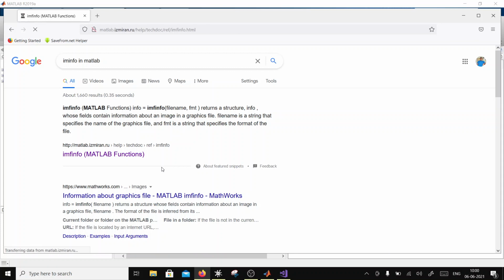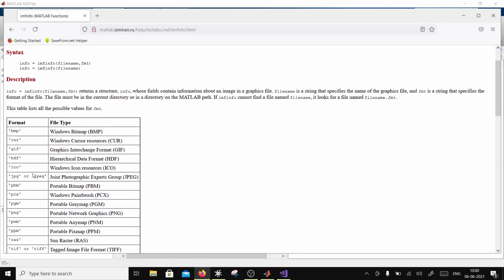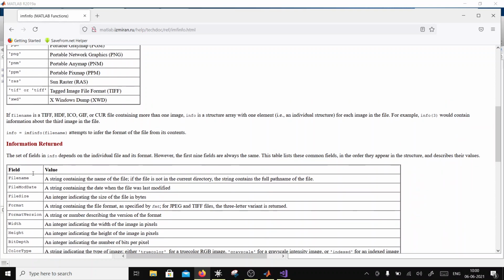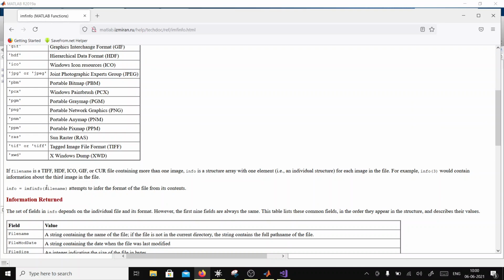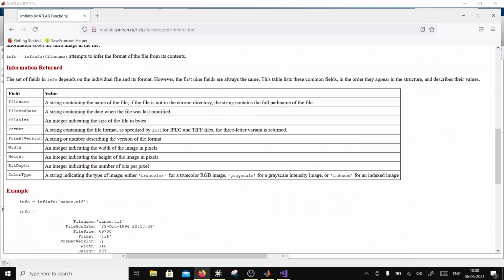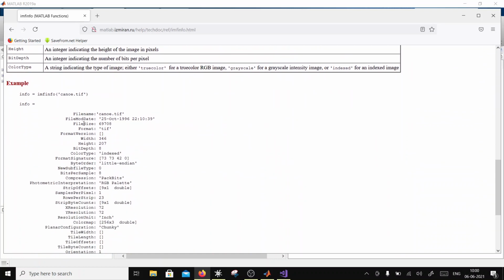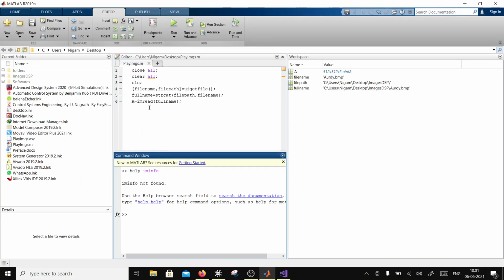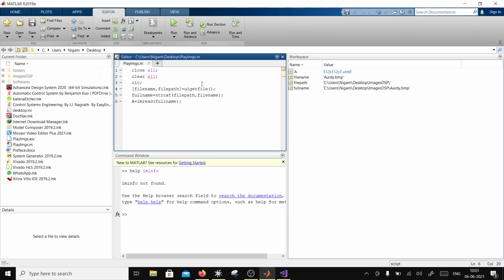Okay, so I can just say imfinfo filename and it will return a structure, and that structure will have all the information. This is the information which I'm looking for. Let's keep this to the side, and here I'm going to say info is equal to.